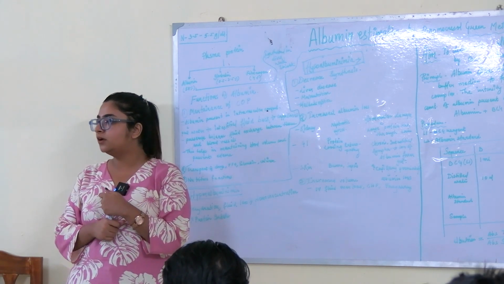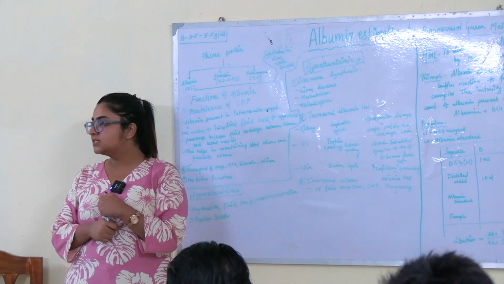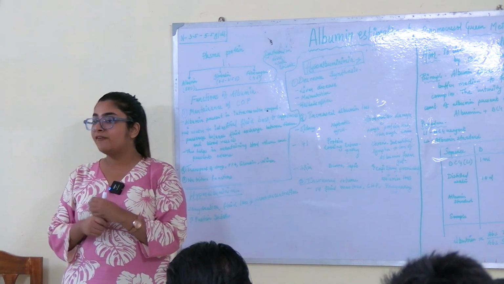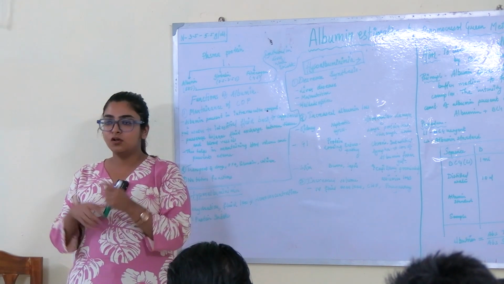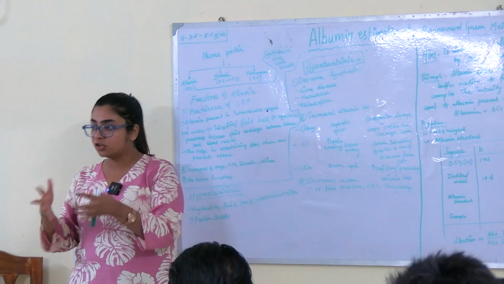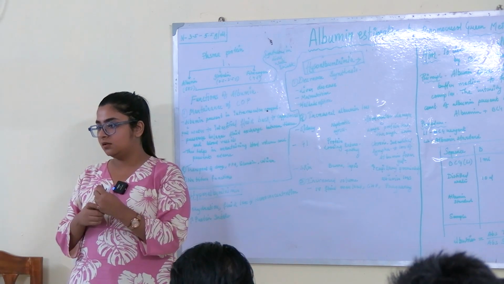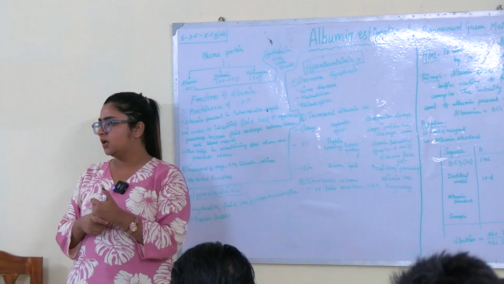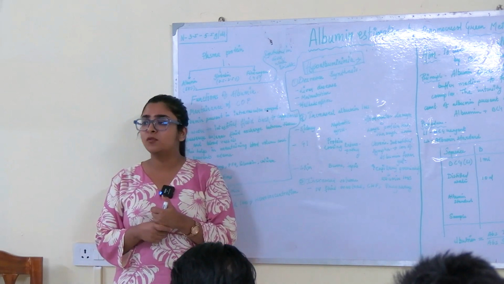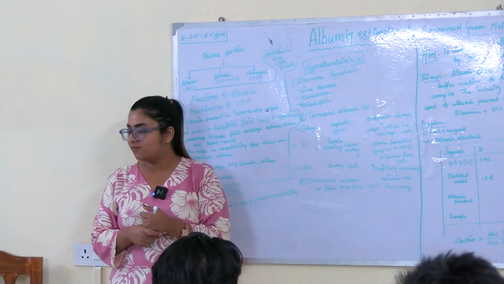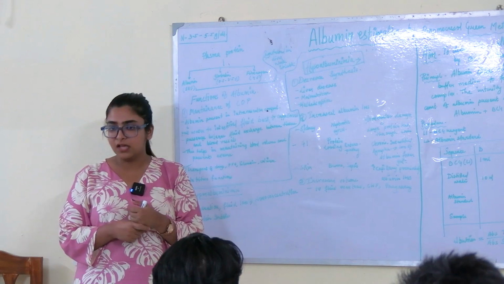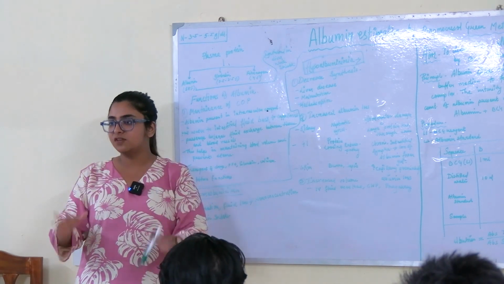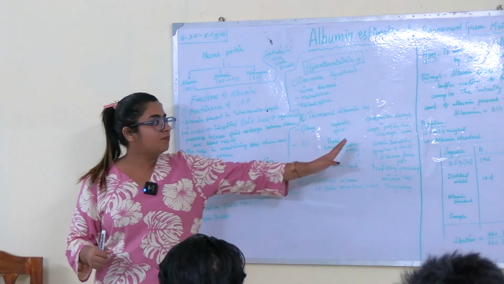You'll often hear patients with CKD or nephrotic syndrome complain that they have frothy urine. Have you heard about it? CKD patients, kidney patients, they say we have frothy urine. When we go to the washroom, we see frothy urine. What is this frothy urine? Proteinuria. Albumin is getting excreted from their body. How? Because their glomerular function is not adequate. They have nephrotic syndrome, their glomerulus is not working.